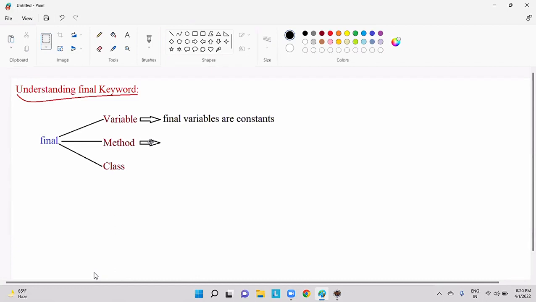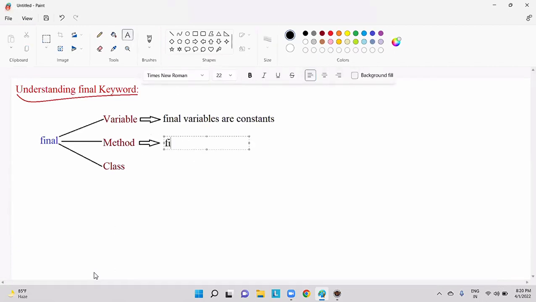Now, method. When you are speaking about a final method, final methods can't be overridden, which means we cannot override a final method. Once again, we cannot override a final method.